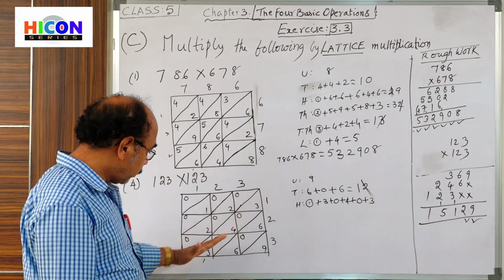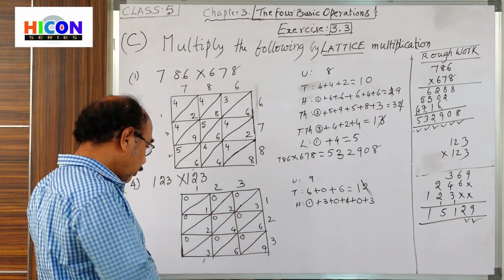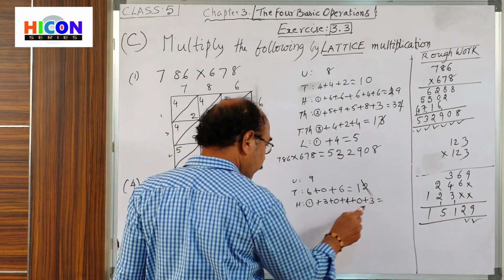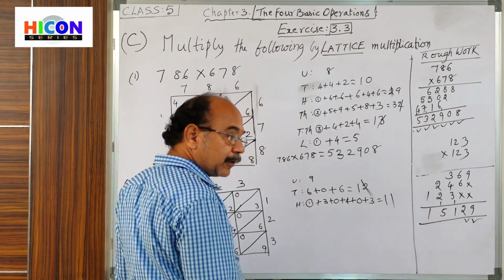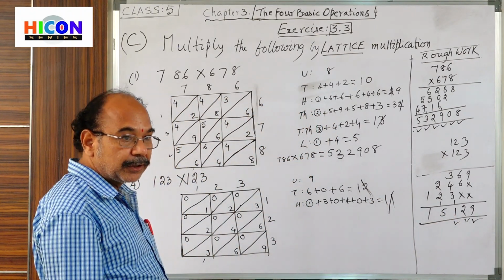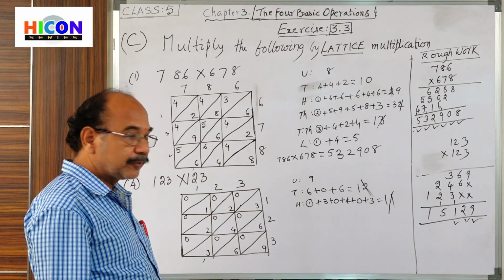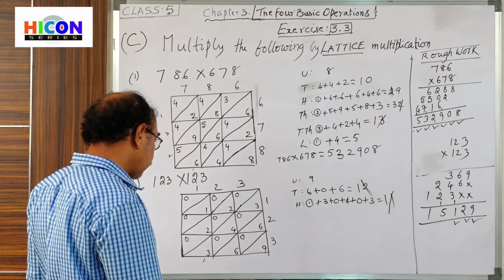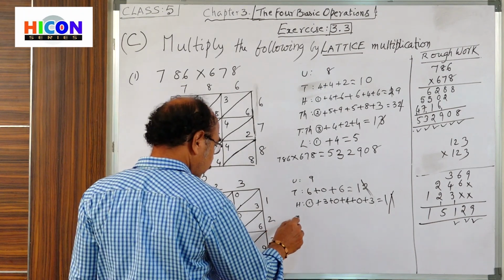See children, this is the direction. This is the diagonal. In this diagonal, 3 0 4 0 3. Add: 3 plus 1 is 4, 4 plus 4 is 8, 8 plus 2 is 10, plus 1 is 11. Strike off 1. Here 1 is the tick mark. We got 1. At the same time, we are comparing with the actual multiplication. So this one is carried to the next layer, going to the thousands.